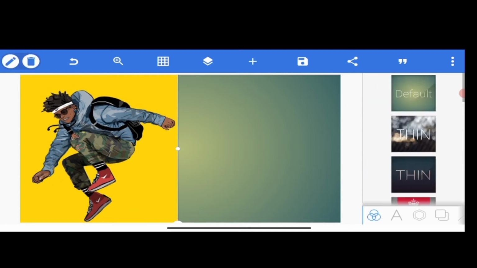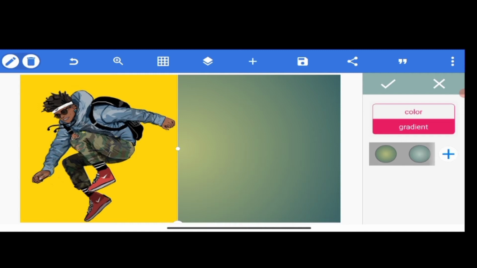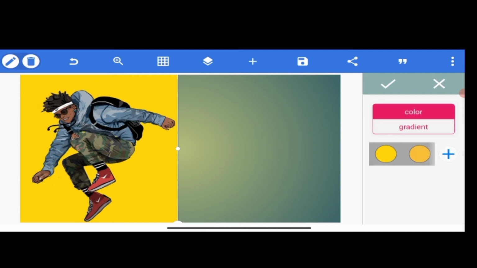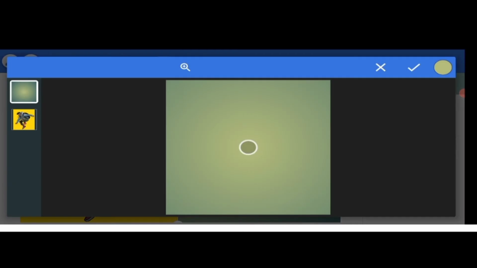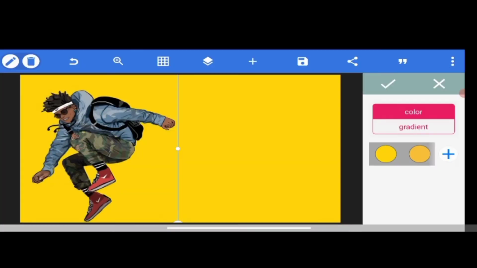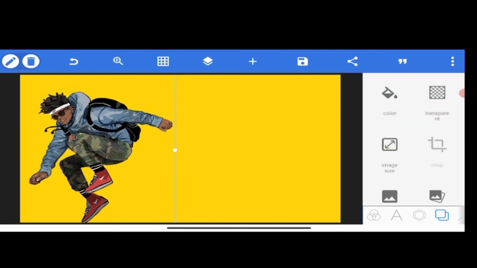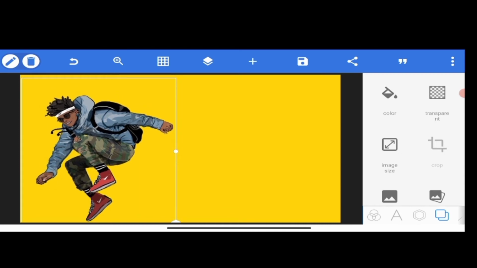Now you have to go to this last icon, press for colors, and as you can see you have to select the color option and press the plus icon. As you can see there are two pencil icons, one is ink and one is pencil. Select the ink option and select the second image. As you can see this is the background color I wanted, so I am selecting this one. Now the background color has been done. You can delete this image if you want. So the background image has been done. Now I'm exporting this one.